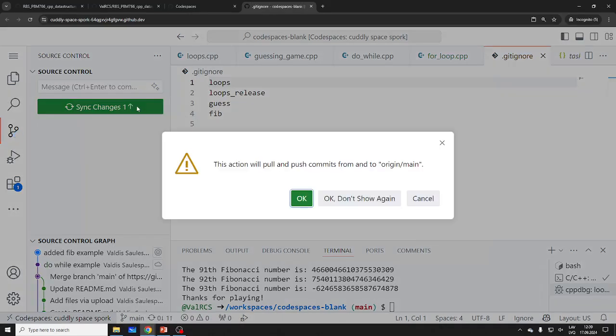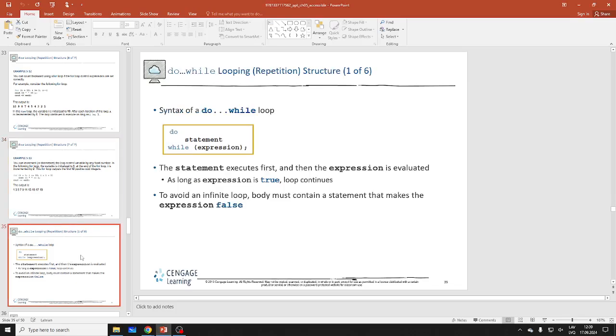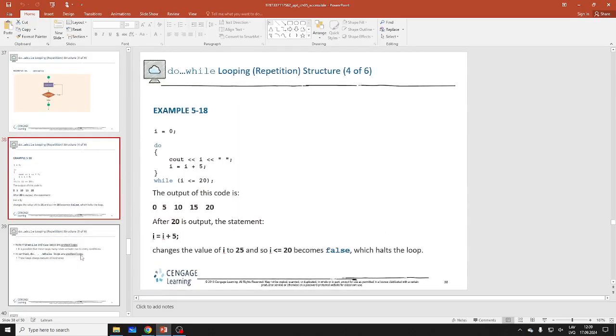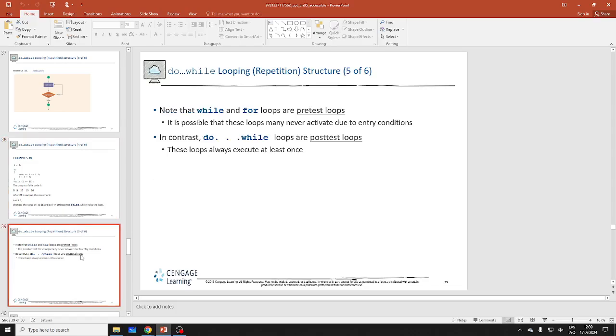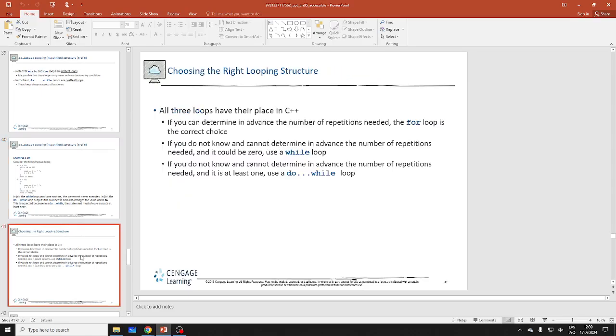Alright. Now, is anything else interesting from today's lecture? So for loops, right? Do while we don't really care about too much. I said I'm willing to change my mind. Alright. So do while looping. Yeah. For loop, right?